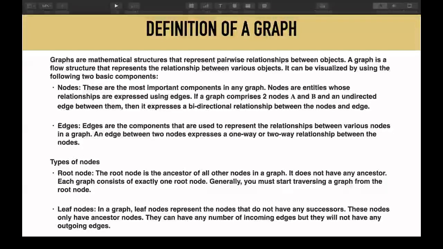Now, as I was talking about edges, what do the edges represent? They represent some relation between two objects or two nodes.